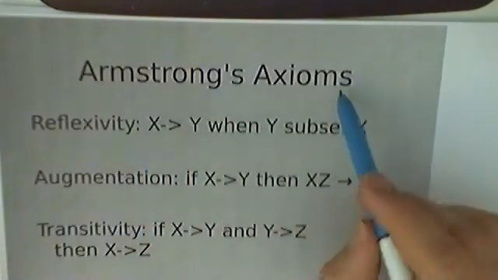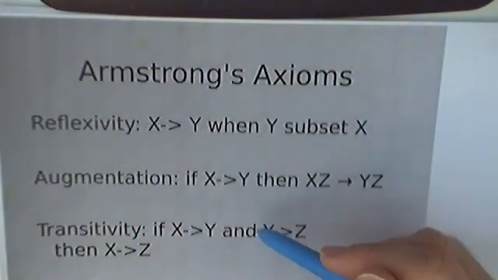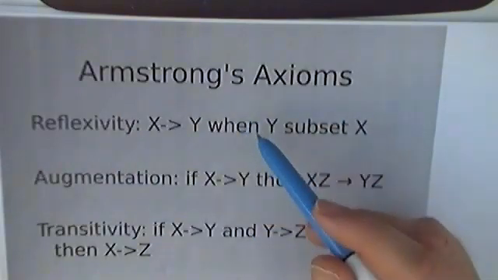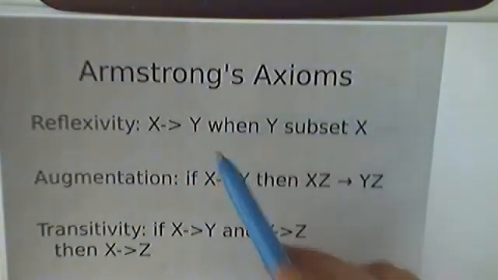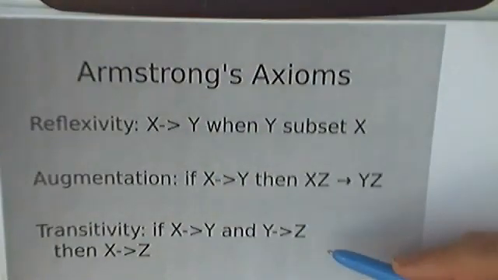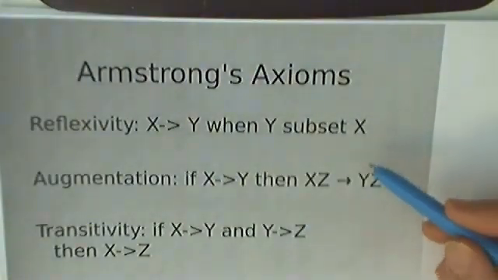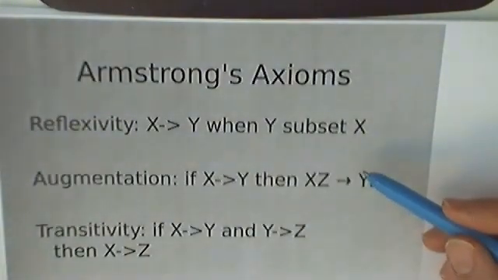So Armstrong's axioms is a minimal set. You need all of these. These are all necessary to do the fixed point calculation, and in themselves they are sufficient to characterize the complete closure. How would you go about proving this? People of course have proven this rigorously. And the way you do that is basically